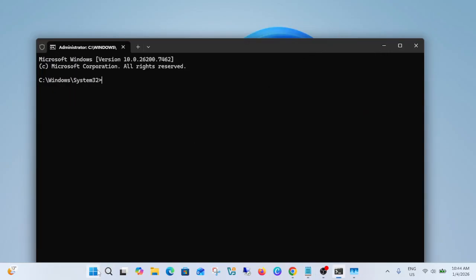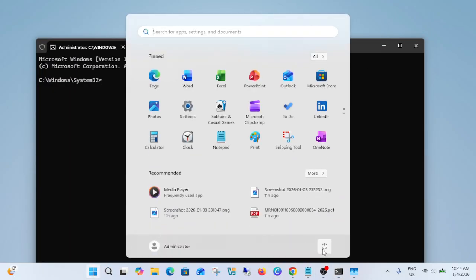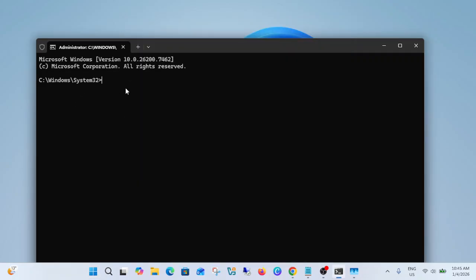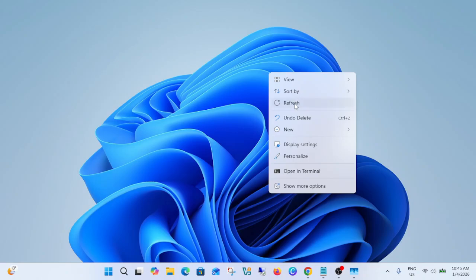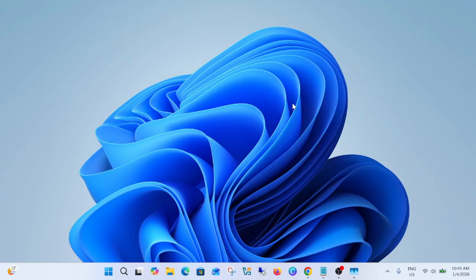So either you can go with restarting here, or you can go with the command shutdown space slash r space slash t space 0, and this will instantly restart your Windows and you should be able to fix your issue now. If this option is also not working for you, that could cause a higher level issue,